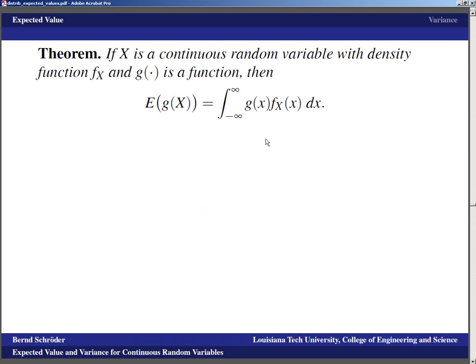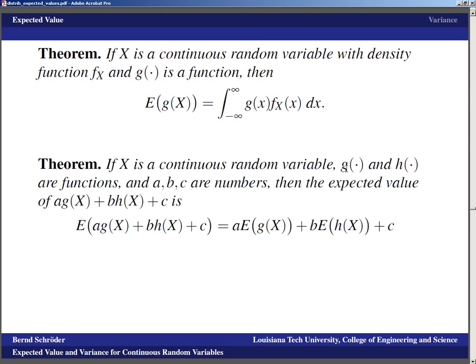Alright, if we want to actually take the expected value of a function of our random variable, if we take the values that our random variable spits out and process them some more, then the expected value of that can be obtained with a similar integral. You just take g of x and integrate the product of that thing with the density function. And if you have functions g and h and numbers a, b, c, then the expected value of a linear combination like that, the expected value of a times g of x plus b times h of x plus c, is,